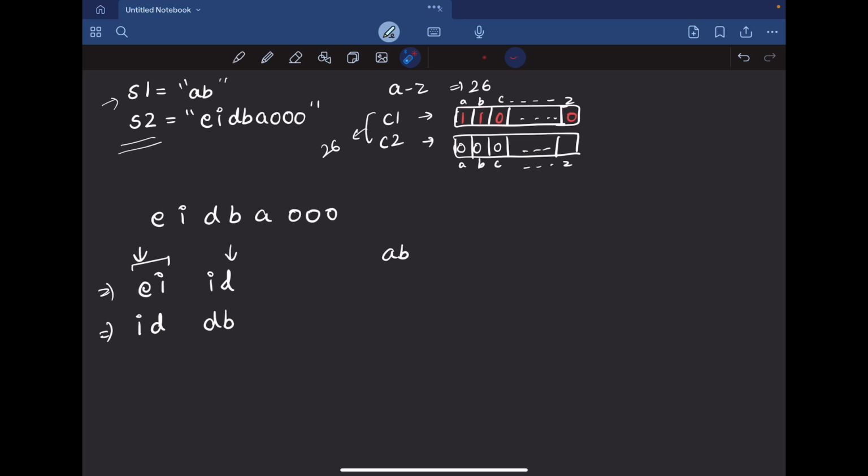Suppose I was at ID, at this particular substring. My I was 1 at that time and D was also 1. When I changed ID to DB, I am adding B, so the value of B earlier was 0, now it will become 1. And I have removed I, so now I should become 0.